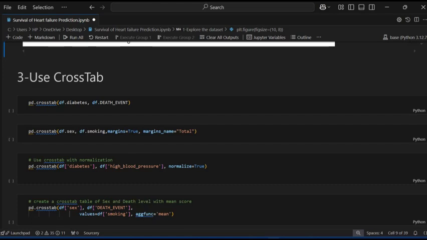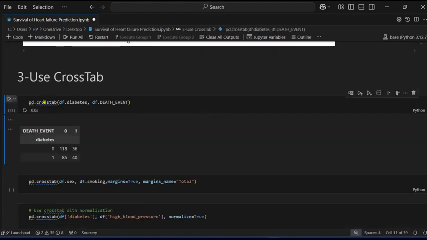Then the next one I am using is the crosstab. The crosstab function is basically used for two or more variables, mainly to summarize the distribution of values. Yes, you can say it summarizes the dataset.